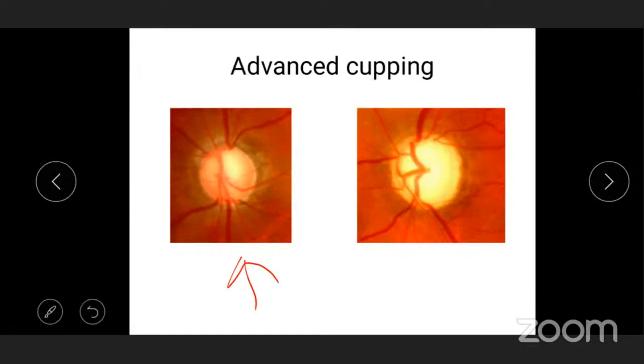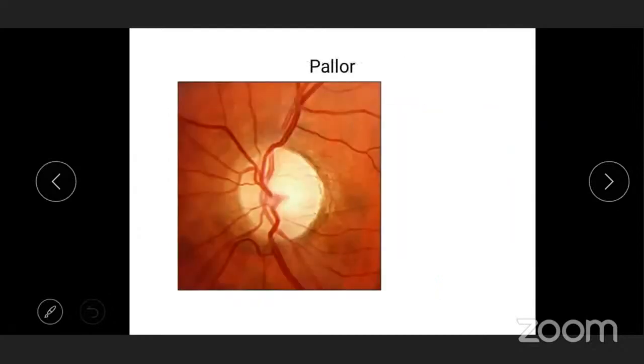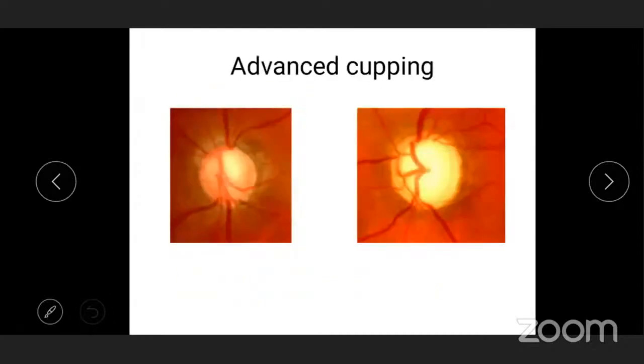So in this photograph, which I've already shown you, the cupping here, vertically, is almost going to 0.85 to 0.9. But if you look at the pallor size, just this pallor, then it appears smaller. So keep this in mind. The bending of the vessels is an important feature to look for. And same here, this is an advanced cupping as can be seen. But I just wanted to show this, that the rim has thinned out in all dimensions: inferior, superior, nasal, and temporal.